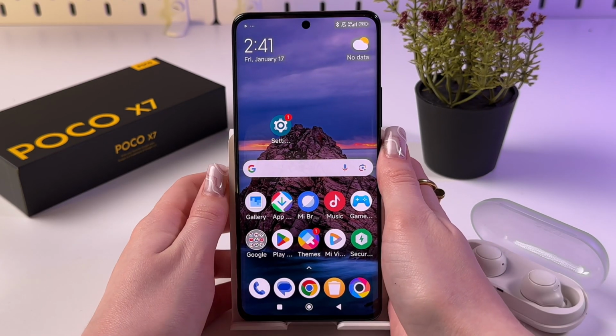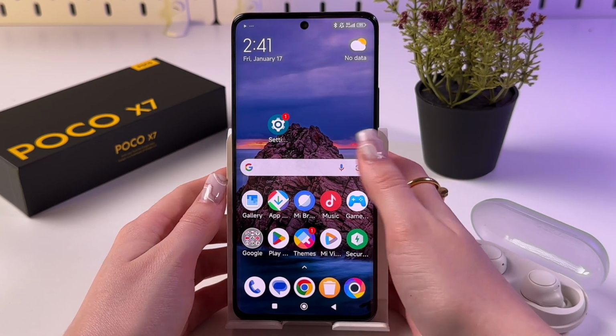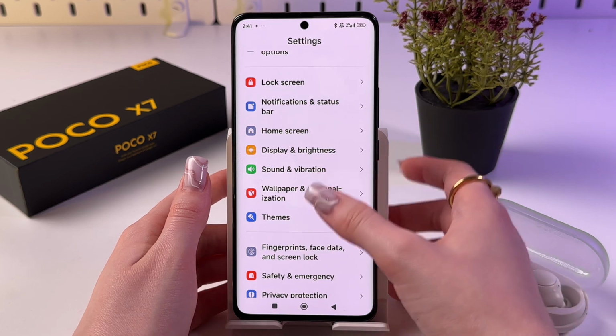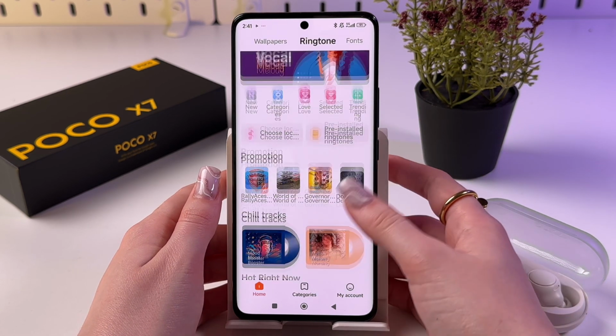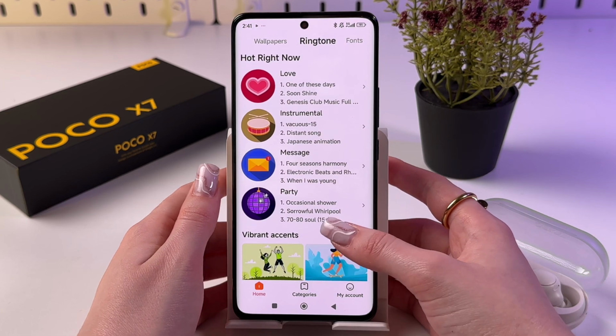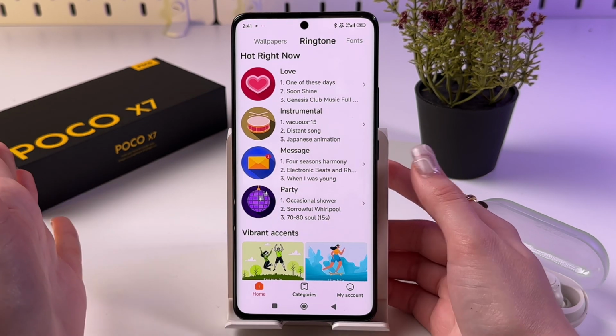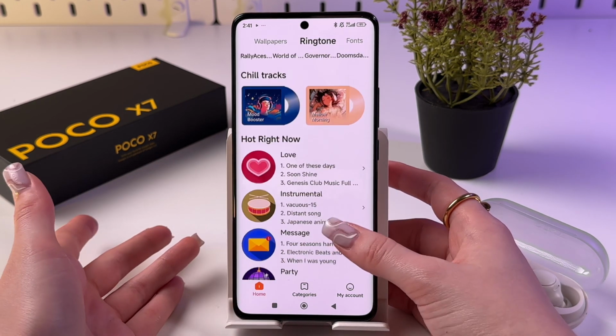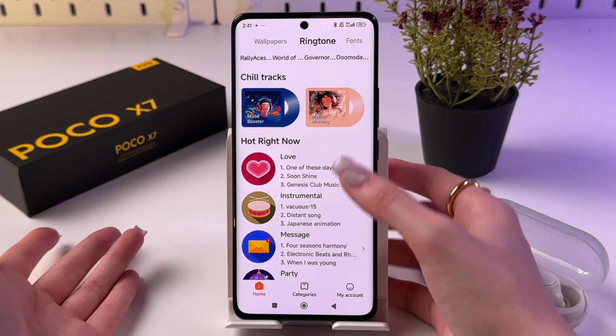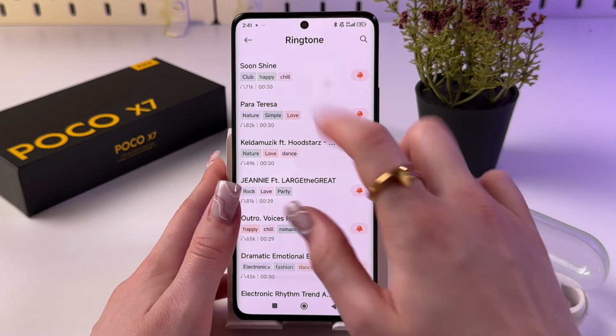Hi, to change the alarm sound on your POCO X7, first things first, open Settings, here choose Sound and vibration, and then select Alarm. After that, you can scroll down and find those themes such as love, instrumental, message, party, and so on. You can select something from here, for example from the love theme, just tap it, tap on the song